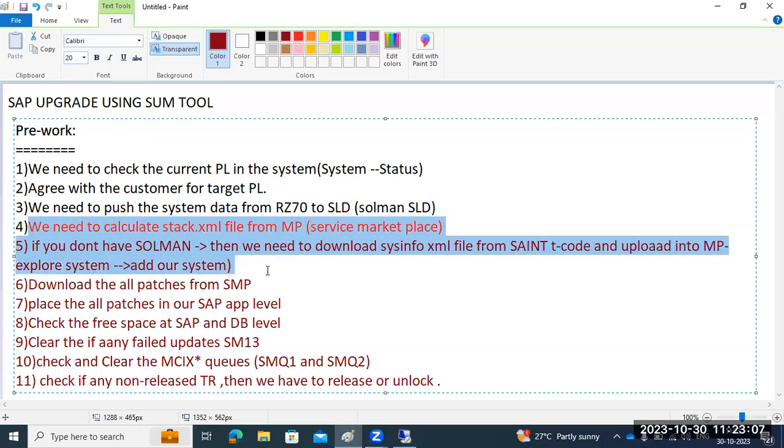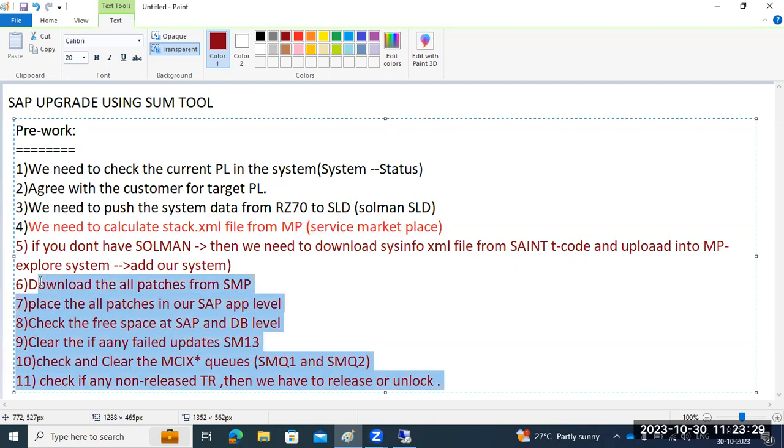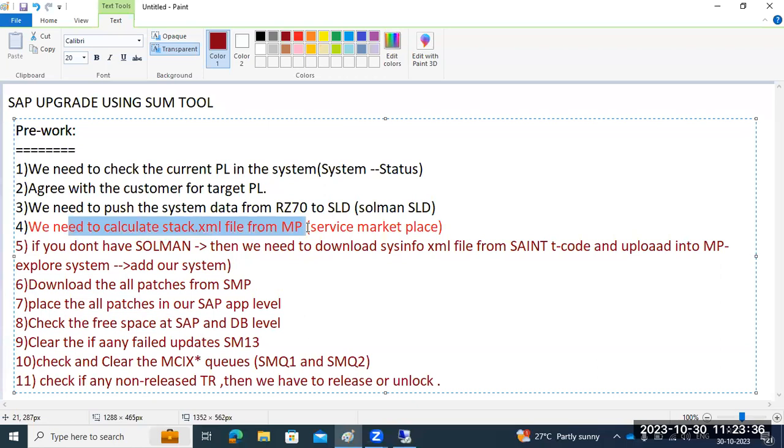Okay, so this one I am performing. This is a very important step in every organization, every system. Suppose tomorrow, if you are aligned to perform SAP upgrades, this calculation of the stack.xml file is a very important step. Okay, that's what I am doing now. The remaining ones are just checks. If nothing is found, we can leave it. These are not mandatory things, but this is the very important step. Okay, that's what I am going to perform now. Any questions here